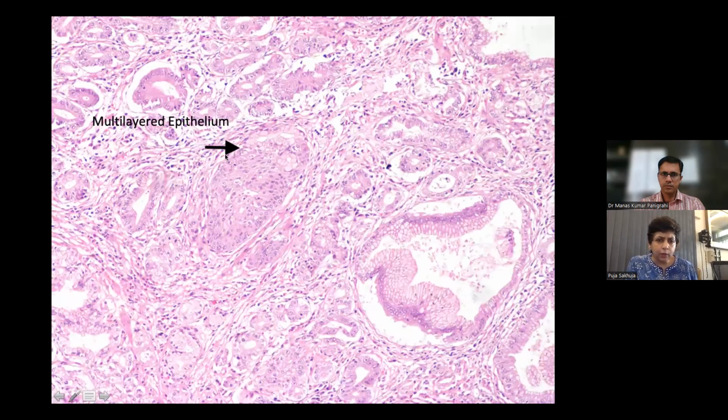This is what we call multi-layered epithelium. Now, this may be seen at the gastroesophageal junction, but if it is seen more proximally, what it shows is squamous type of epithelium, and at the superficial part of it is the glandular epithelium. So we call this multi-layered epithelium. At the G junction, it may be normal, but in the more superficial part, if it is present, it may be an indication of Barrett's esophagus, and one should carefully look for the evidence of Barrett's esophagus at such a